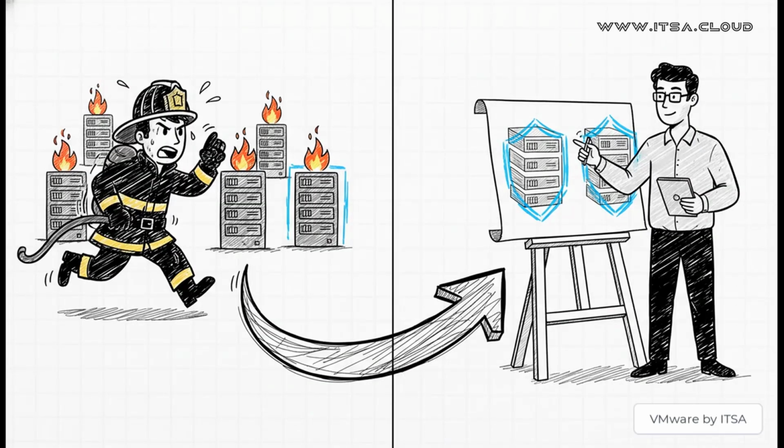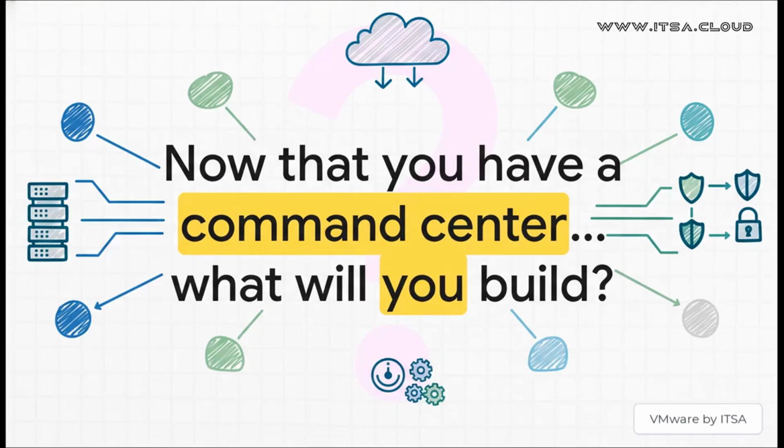When you get right down to it, mastering vCenter alarms is really about changing the way you work. It's about a fundamental shift. You stop being a reactive firefighter, always running around putting out fires, and you become a proactive architect, intelligently managing your environment and stopping problems before they even start. It really transforms vCenter from just a management console into a true command center for your entire infrastructure. So the only question left is, now that you have the keys to build it, what are you going to build with it? What will you protect first?